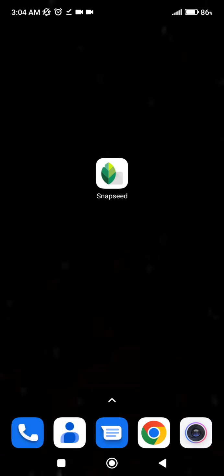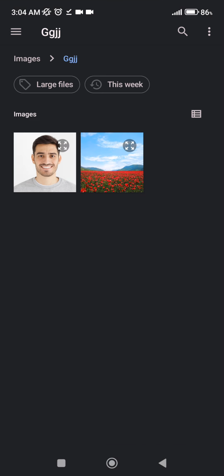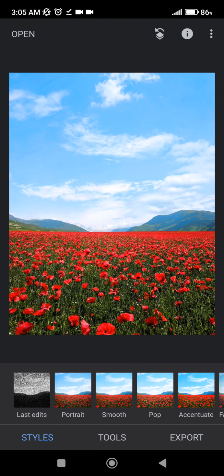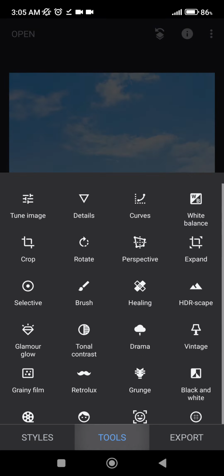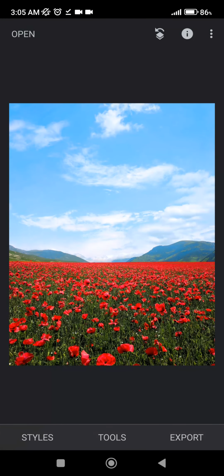First we are going to open the application. After that we need to select an image, so we're going to click on the plus icon. Here you need to make sure you select an image with a face on it, because if you don't and you try to use that tool like so, it's going to say that it cannot find any faces on this photo. Of course, if the picture has a face on it, you can press try harder, but in this scenario there's not a single face on this picture. So we're going to click on cancel filter and we are going to open another image like so,